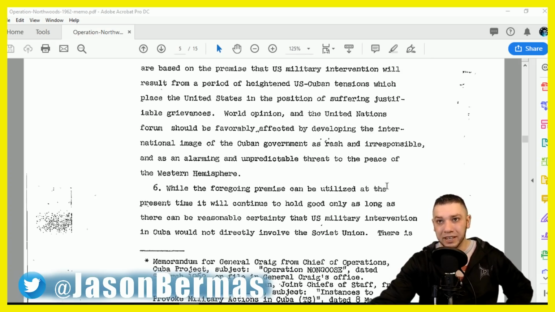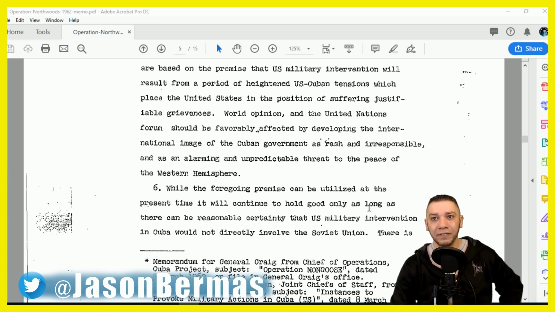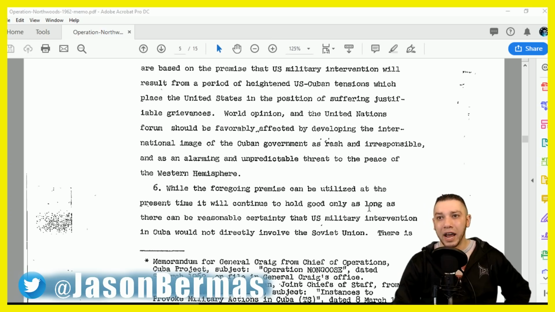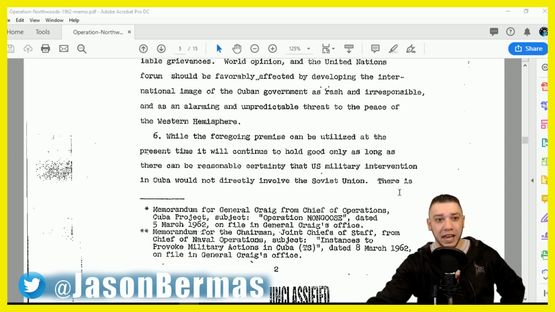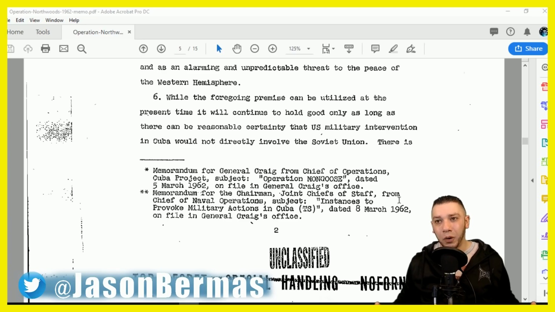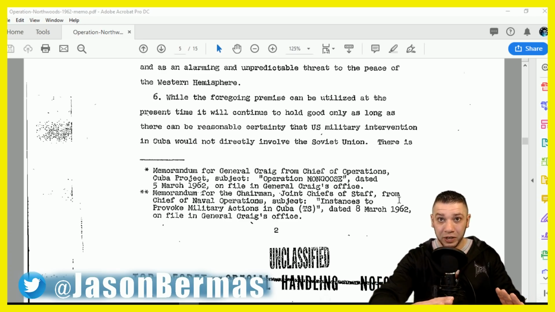World opinion and the United Nations Forum should be favorably affected by developing the interventional image of the Cuban government as rash and irresponsible, and as alarming and unpredictable threat to the peace of the Western Hemisphere. Okay, so again, they're doing this, and they are going to try to bamboozle the international community into being able